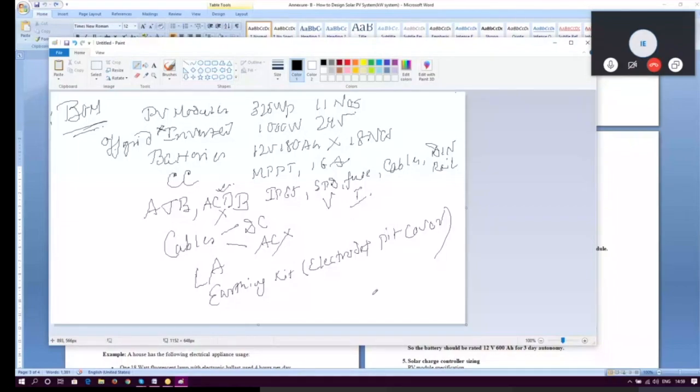So in this class, we have discussed how to design an off-grid system manually, starting from roof analysis, load analysis, PV system sizing, inverter sizing, battery sizing, and battery connection method with charge controller sizing, right? Okay. So now if you guys have any question, we can do a Q&A round for 5 minutes, and then we can start with the same design in our PVsyst, right?